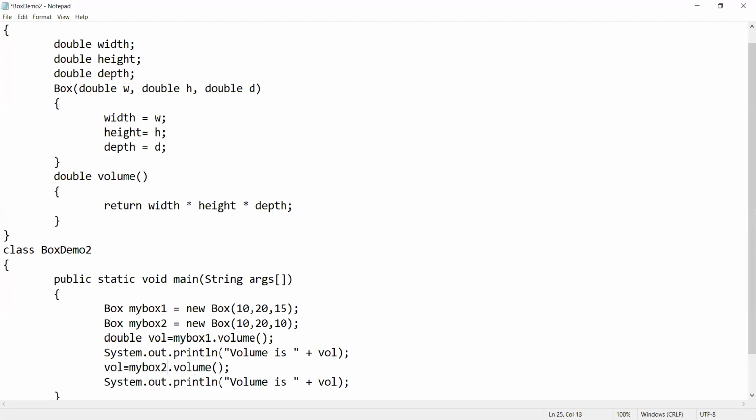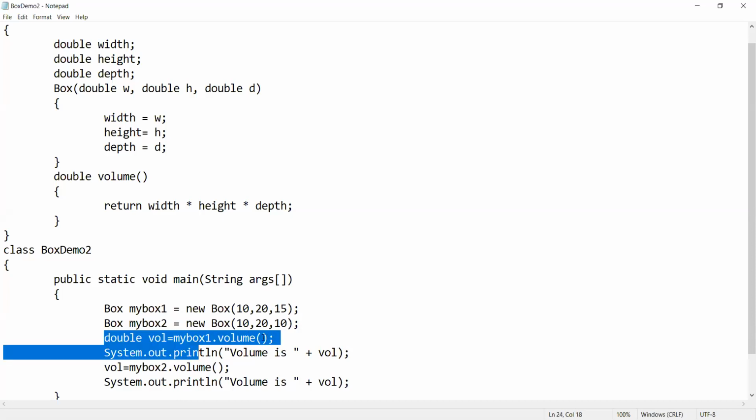So I am calling with box 2. Okay, it's clear, I think. So the second object, my box 2, has a different parameter. In the first object I give 10, 20, 50, and in the second object I give 10, 20, 10. So there is a difference in the parameters.